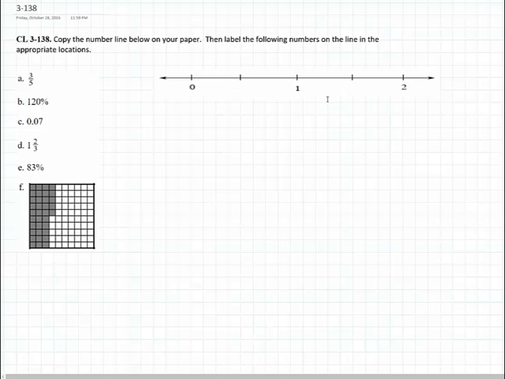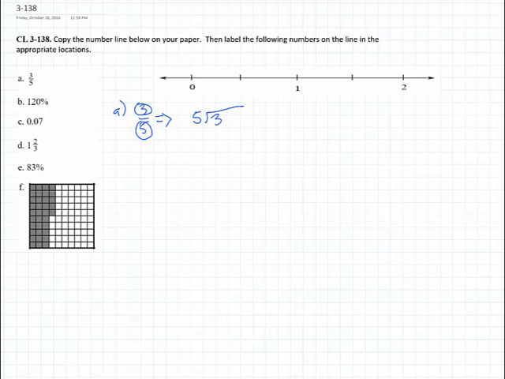Since this is a number line, you guys told me in class that it's probably easiest to go ahead and use decimals. So let's convert these all to decimals. Alright, let's start with the 3/5. Okay, so for A, 3/5. Well, the easiest way to convert this to a decimal, we learned in chapter 5, is that we could think of this as one whole having 5 sections, and it's divided, and we have 3 sections left. So we have 5 sections, divide by 3.